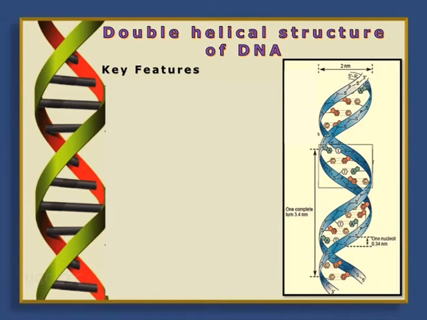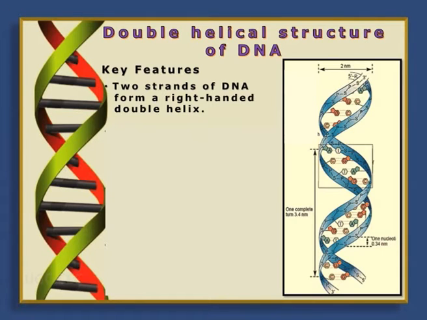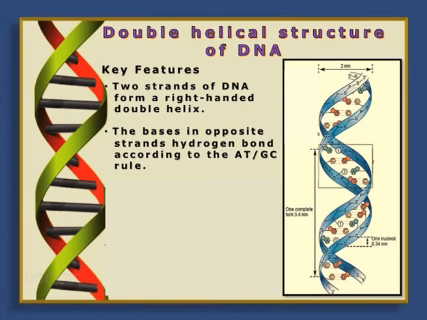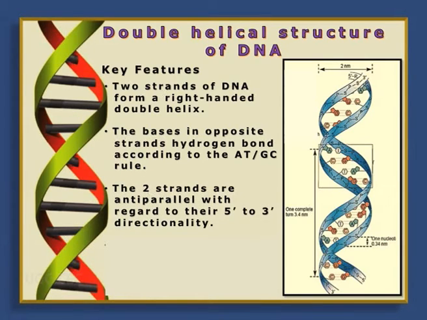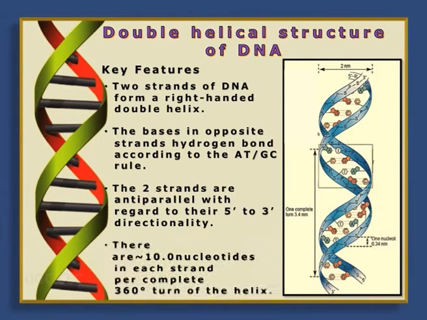There are certain key features of this DNA double helix. What are they? They consist of two polynucleotide chains which are wound around each other to form a right-handed double helix. The bases found in them are complementary to each other, that is, an adenine always pairs with thymine and a guanine base pairs with cytosine. The two polynucleotide chains are antiparallel in nature with opposite polarity. There are 10 nucleotides per turn of the helix.